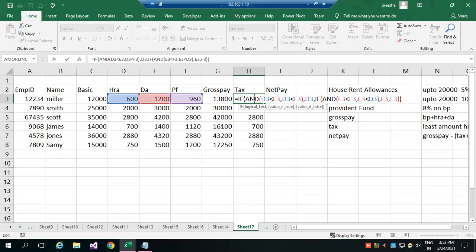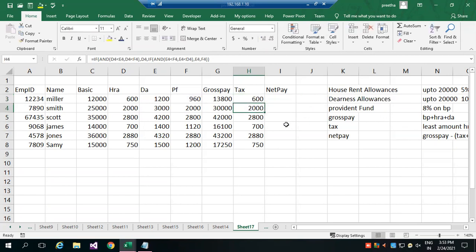But the formula is lengthier. I'm checking first D3 with E3 and F3, then I'm assuming D3 is the least one. Else E3 is the least one, or F3 is the least one. I'm getting it, but still you can solve it in a simplified way.